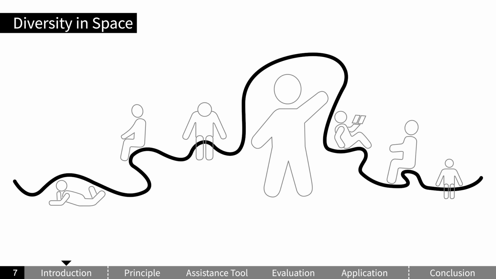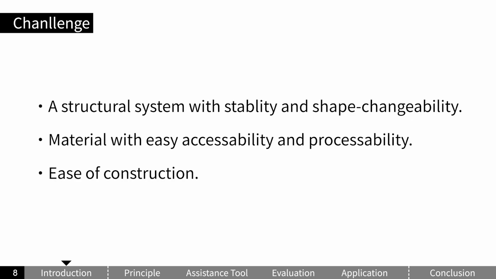In an ideal interactive environment, the room elements should be universally connected. The ceiling, walls, floor, and furniture should form a ubiquitous and reconfigurable system, providing humans with a spatial structure that can be controlled and adjusted. The challenge lies in finding a stable, shape-changeable structural system while leveraging materials and construction systems that are easily processed